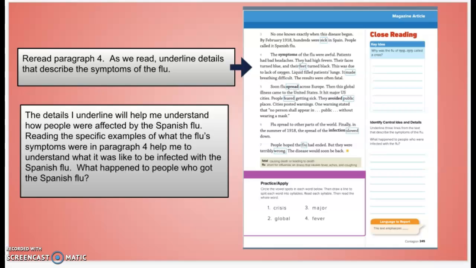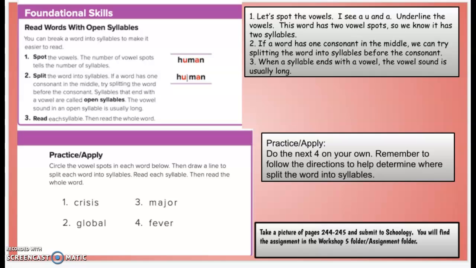All right, so again, pause the recording. I'm just going to move on to the next slide. Now the last thing you're going to do on these pages is we're going to talk about when you are presented with a word that maybe you don't know, or you can read certain parts. Remember, you've been taught to break the word into syllables to make it easier to read. So we're going to practice with this word, and there are 3 things that we're going to go through together, and then you're going to be able to practice the next 4 on your own.